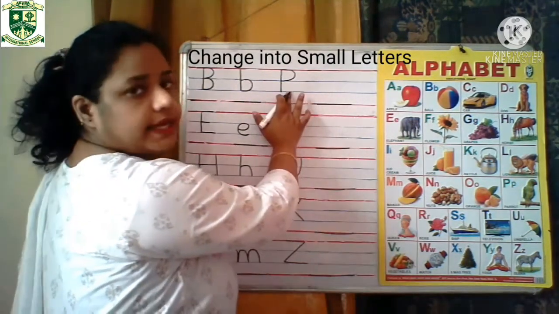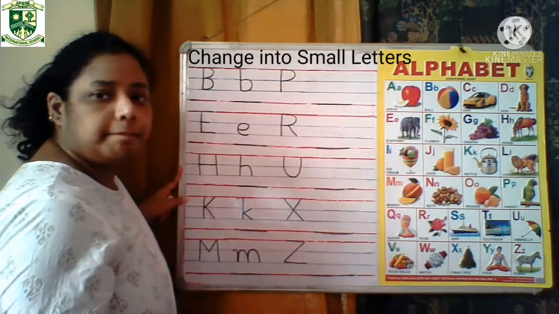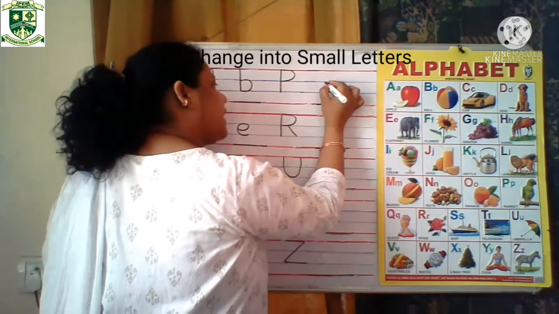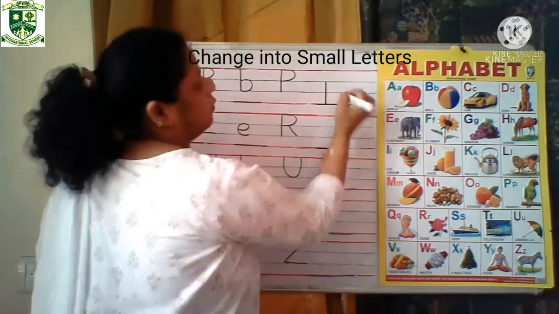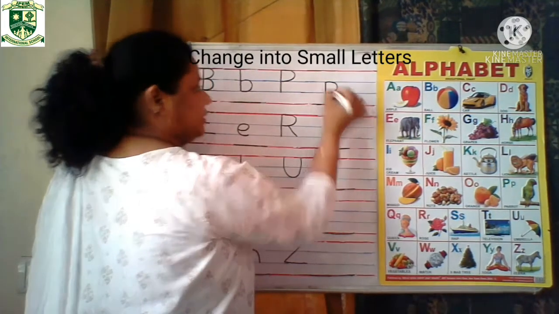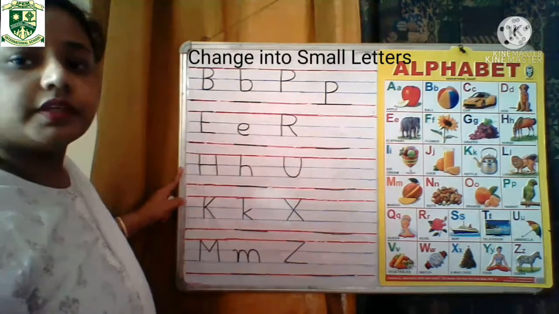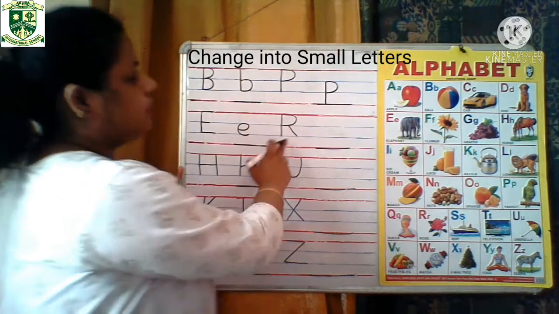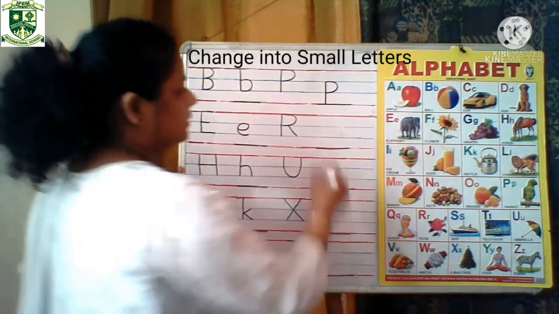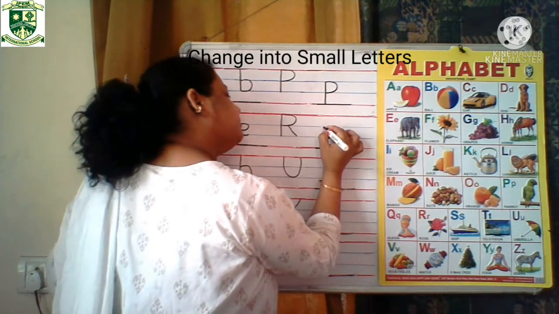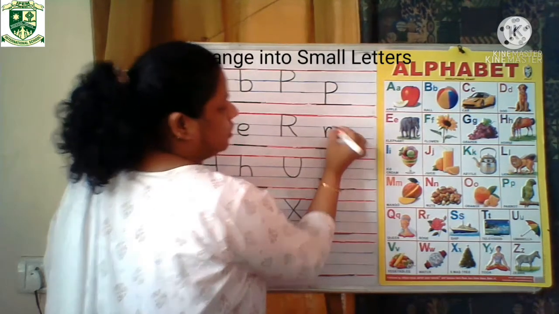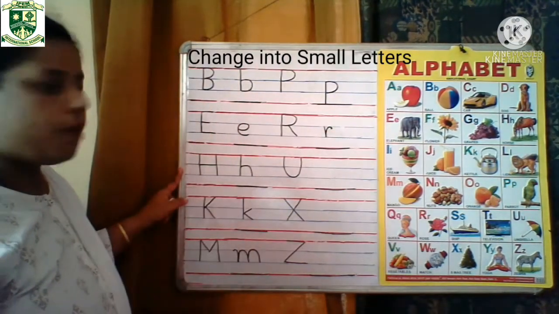Now coming on to our next letter, this is capital P. Now how we'll write small p? From the first blue line till the second red line, one standing line and a right curve. Very good. This is how we'll make small p. Now the next letter is capital R. Now how we'll write small r? In between the two blue lines, first make a standing line, then again take it on top and give a little curve with a small dot. Okay, this is how we'll make small r.